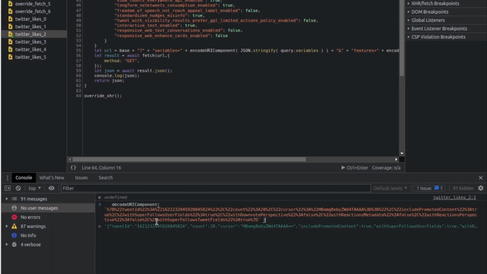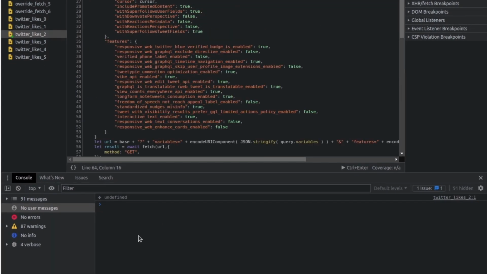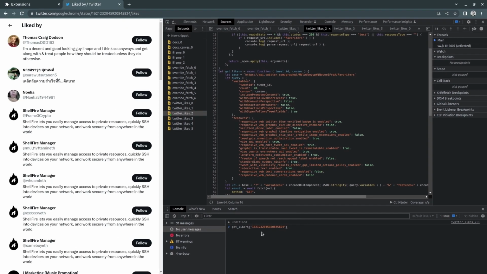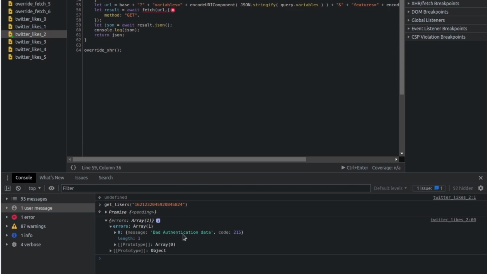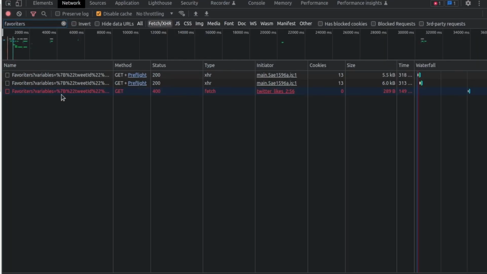Okay, now we have this function here, getLikers. If we pass this tweet ID, it will be inserted here. So if we execute this code, we will get an error: bad authentication data. And if we review this request we made in this console,